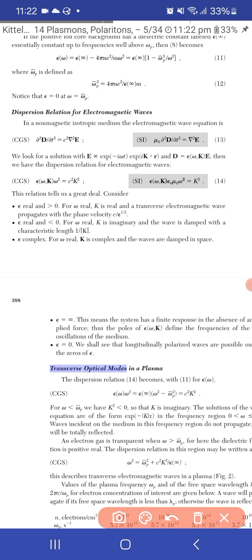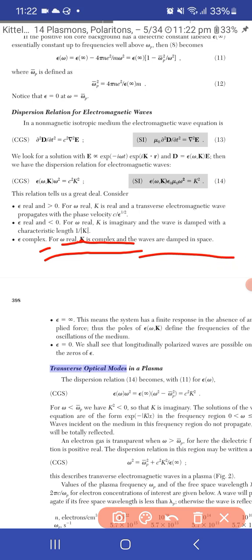For epsilon less than 0, omega is real, k is imaginary, and the wave is damped with a characteristic length of this. When epsilon is complex, for omega real, k is complex, the waves are damped in